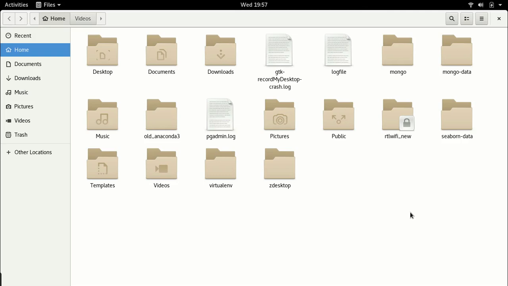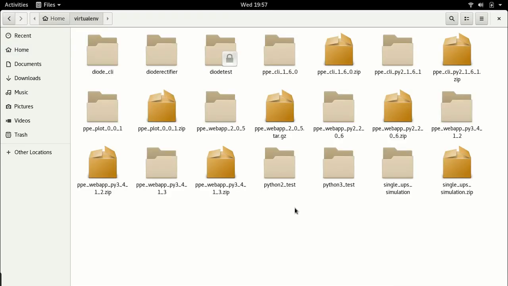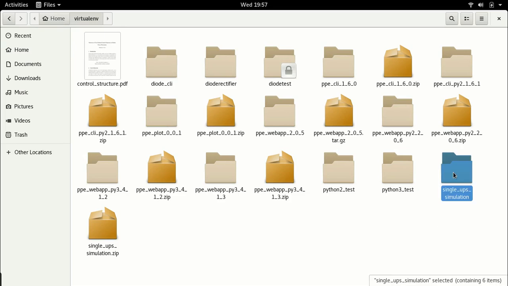Hello everyone and welcome to this next lecture on Python Power Electronics, and in this lecture we're going to start with closed loop control. So first and foremost I'll go over to my directory, and this is the simulation folder,